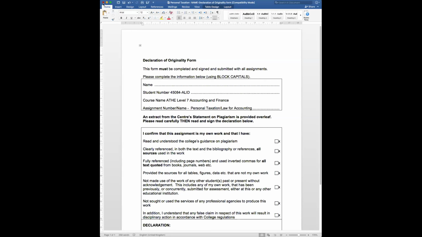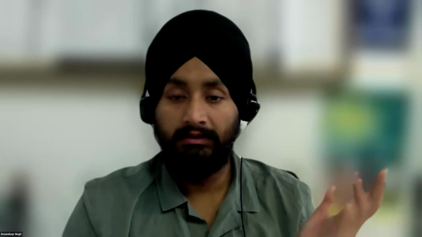I will also show you in a bit how you have to format the assignments as well, because usually sometimes learners do struggle with that. So I will be explaining that in a bit. But before that, I want to explain a few bits and pieces about the assignment submission guidelines. So hold on a second. I will just go to that particular page. And this time I will take a different unit as well.